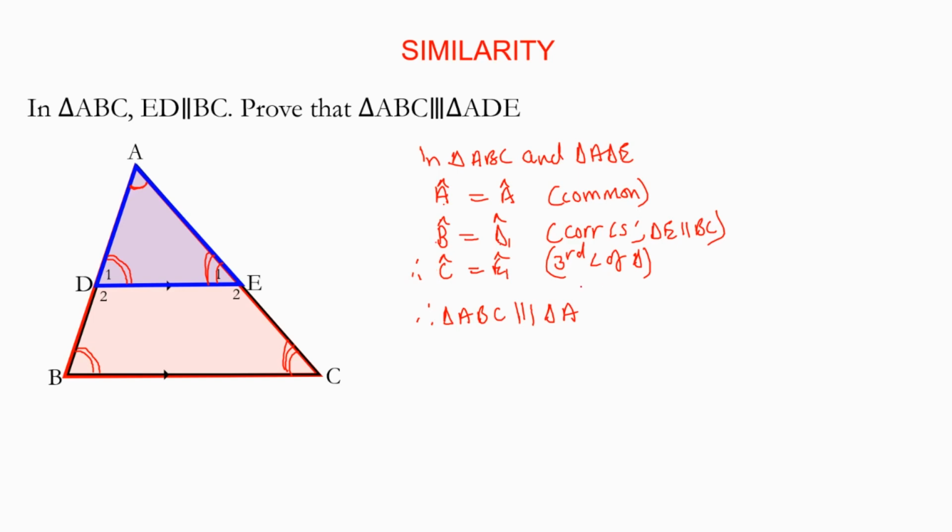B goes with D, so second position there is D. Then C goes with E. We managed to prove that these two triangles are similar. Okay, angle, angle, angle. Right. We can even use this one, is fine. Okay, angle, angle, angle. And then just to make sure that we always do this, even sometimes in the exam,